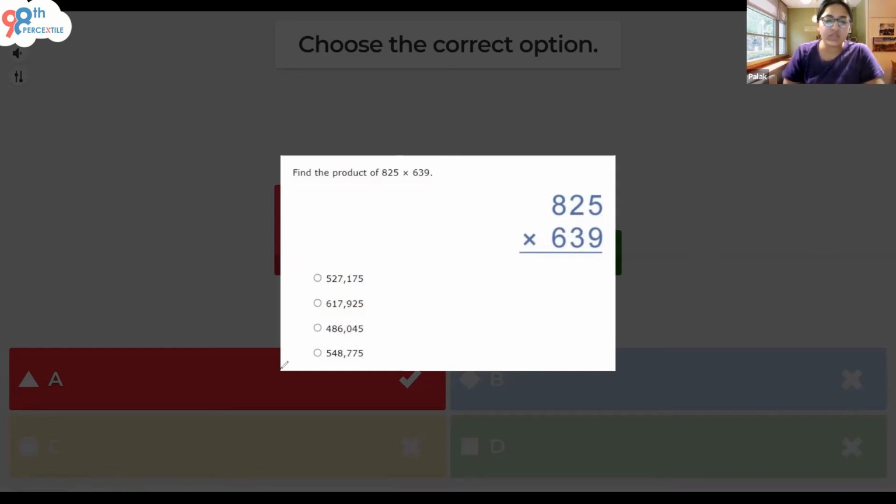If you just go through the options, all of the answers are going to be greater than 48,000. We have 8 times 6, so 8 times 6 is 48, and then we are supposed to have 4 zeros up here. So our answer is definitely supposed to be greater than 480,000, but all of the numbers over here are aligned in that manner. Then again, we have 825 times 639. If you don't have that time crunch, you can probably make a guess. You can probably work this out. But whenever you have a time crunch and you feel that there's no method out of this, just straight away multiply it and then you're going to get your answer. So for questions like these, there is no smart work around, but yes, there's hard work around. So accordingly, we will get the answer as